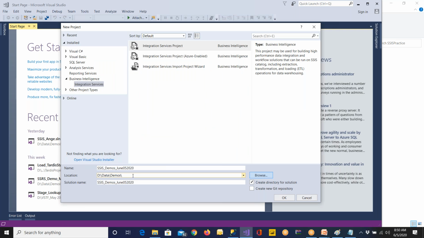Recently, I went to one company. The developer does not know where the project path is. He has created it somewhere and is working on it, created a lot of things, and does not know the proper path. So that is also very, very dangerous, right? You're not a junior level. You're going to be applying with 3 to 5 years of experience. If you say I don't know the path, people will laugh at you. So make sure you give proper naming conventions, and wherever you would like to store it, click on